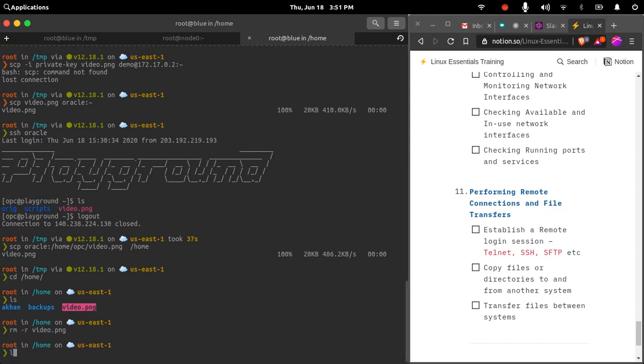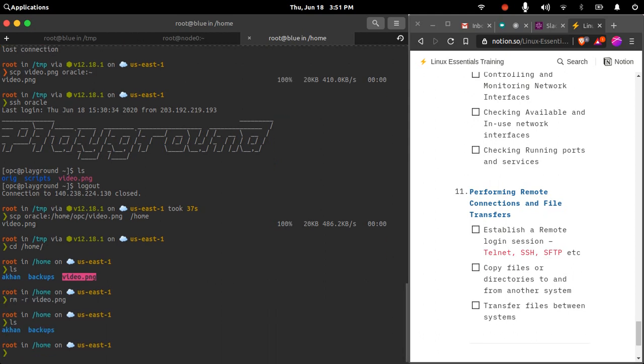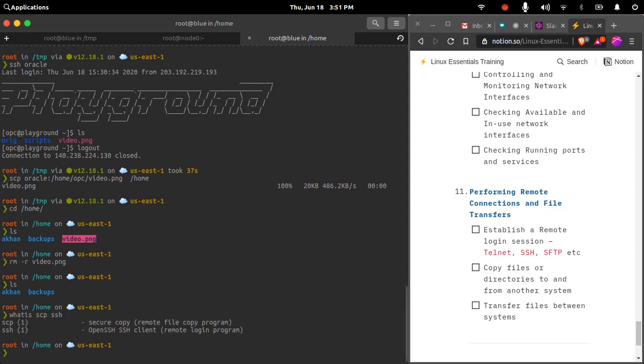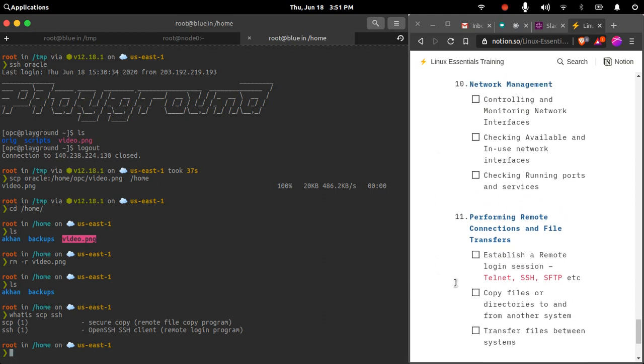So you get the idea, basically what we are doing is we are just copying files from a local machine to a remote system with the help of the SCP command. SCP is similar to SSH, it uses the SSH protocol by default and copies your files using SSH. These things are necessary for you to understand how you copy files remotely onto the remote system, what different protocols are used for copying files, and what services are used by default.